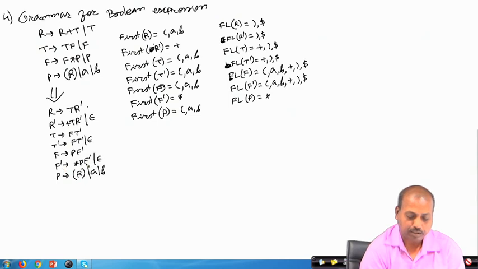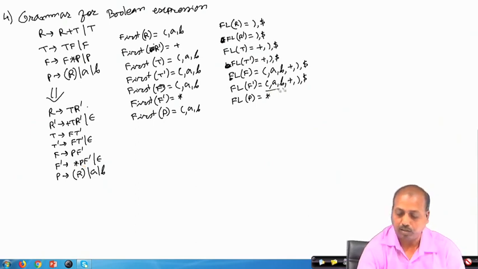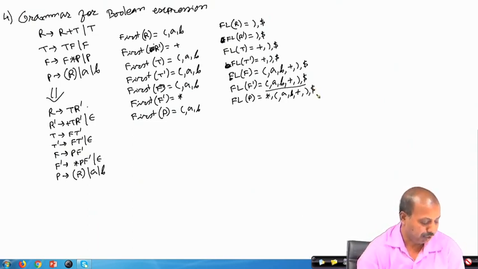Whatever is in first of F dash is in follow of P. First of F dash has got star, so I have written that. Now, F dash can give me epsilon, so whatever is in follow of F dash will be in the follow of P. Follow of F dash has got all these symbols, so all of them will come in the follow of P.